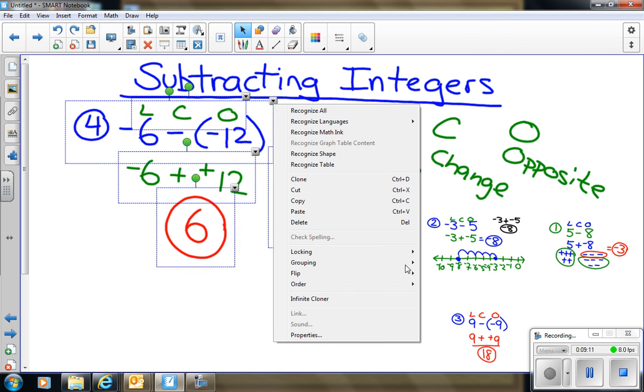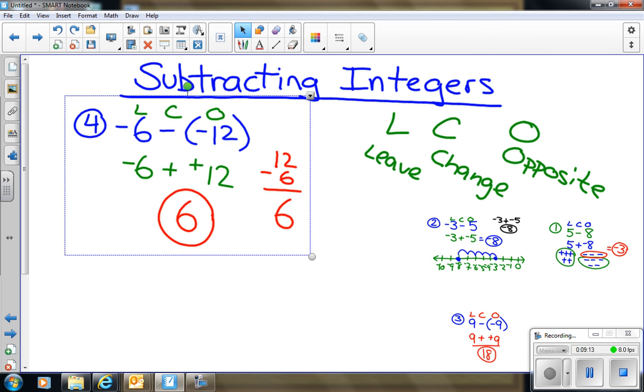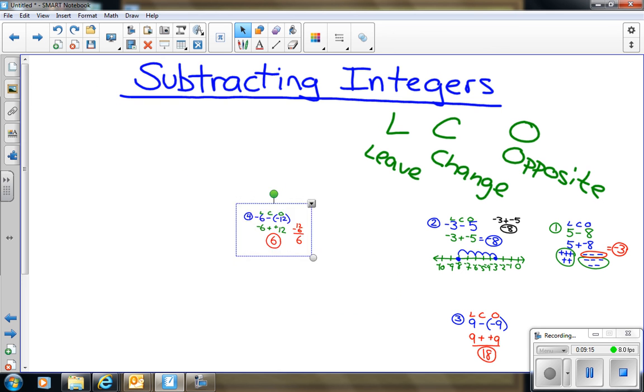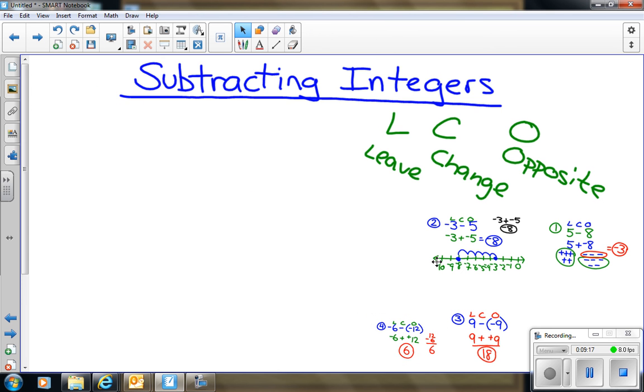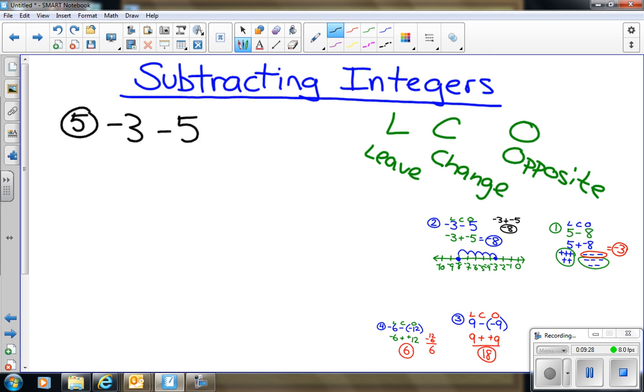The last type of problem I want to review with you guys would be what happens if we have multiple negative and positive numbers being subtracted from one another. So let's say we have, in this problem, -3 minus 5 minus -2. Let's see what happens. Now, one way we can do this is we can actually use the LCO method. So I'm going to put